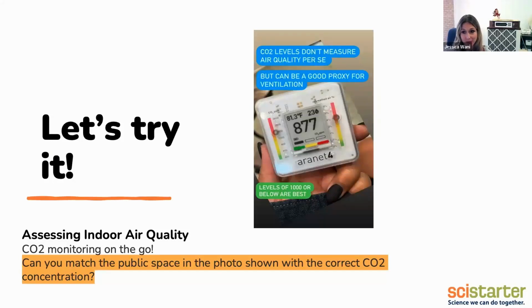Okay, now I promised that we were going to have an interactive component of our show here today. So I really want to thank Emma for her help in getting this together so that we can all get involved here and take some more Zoom polls. Who doesn't like a good Zoom poll? And so we're going to get started. What we're essentially going to do is I'm going to show you here on the screen a series of photos. And they're going to show you different public spaces, and based upon what you're bringing here today, your own knowledge, your own background, and maybe hopefully something new that you learned today, take that into consideration. And we're going to go through and see if we can match the public space to the correct CO2 reading.